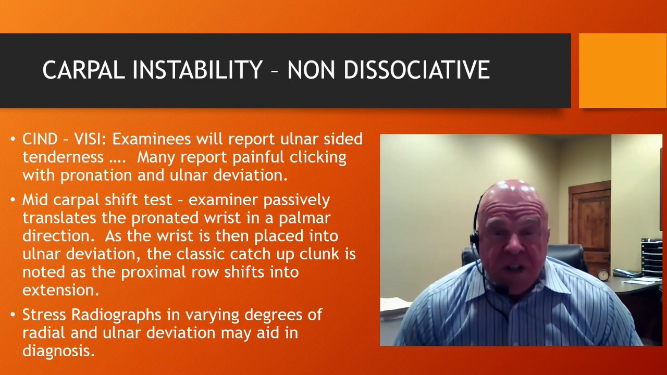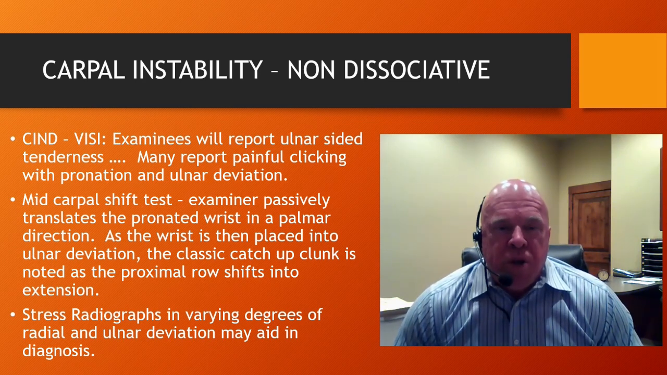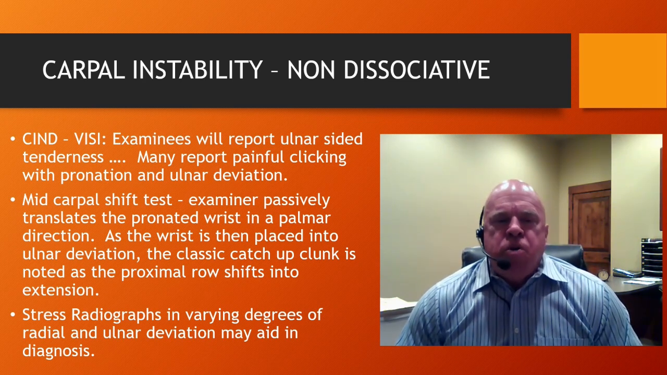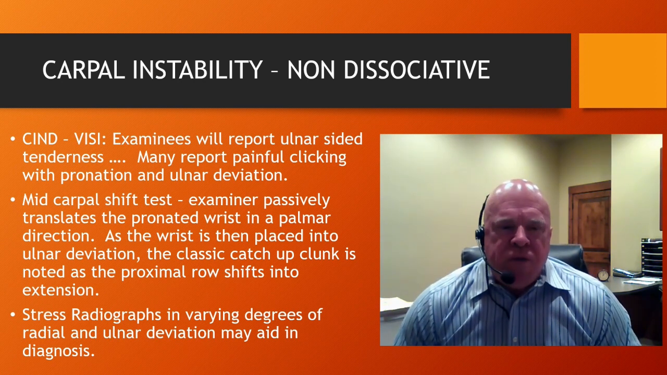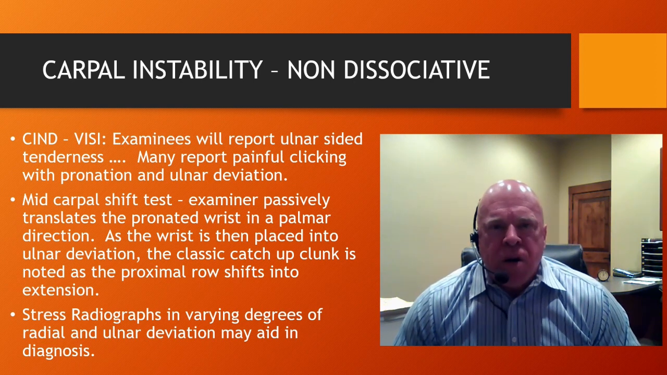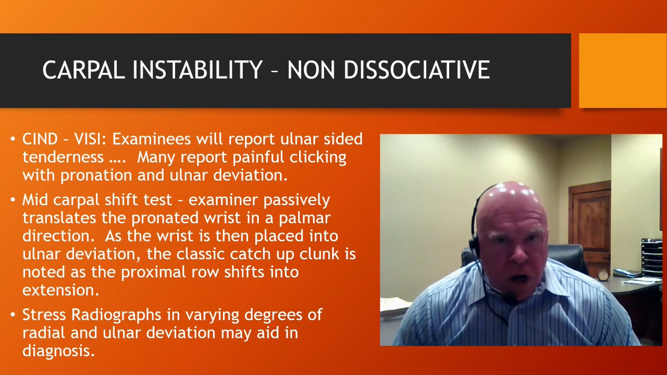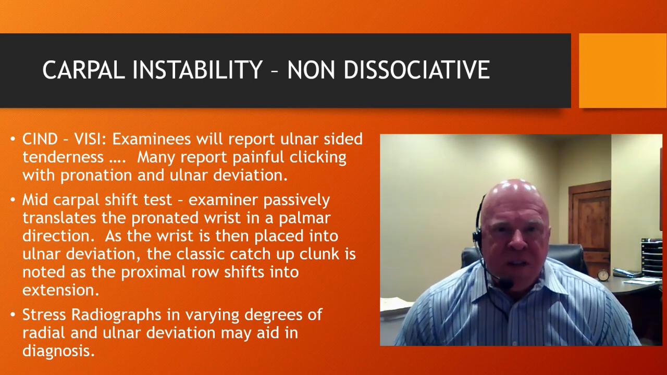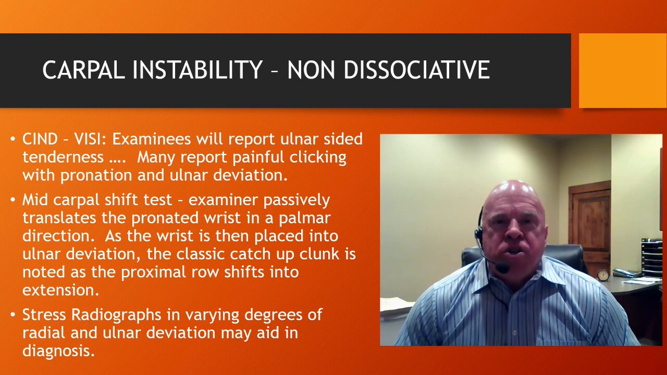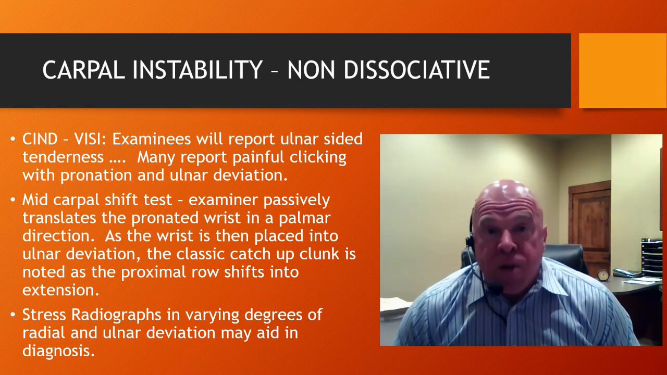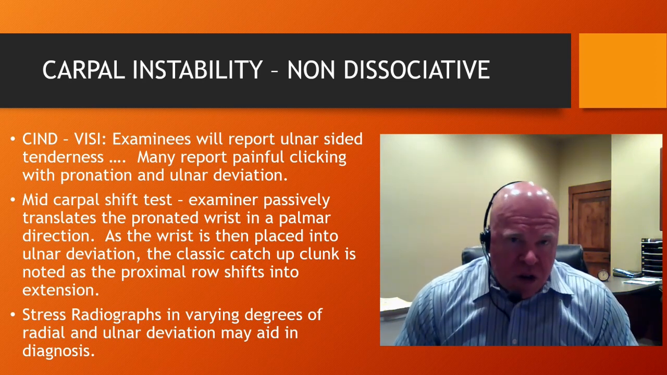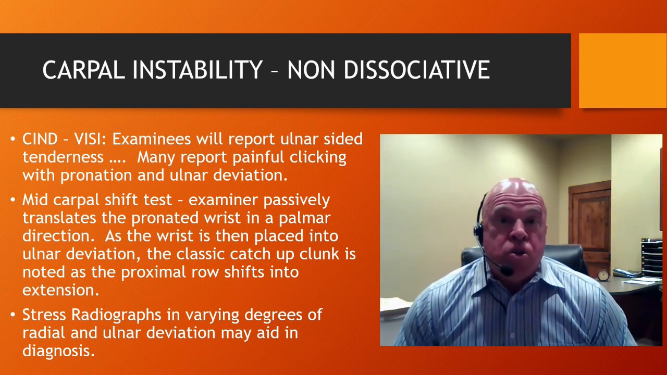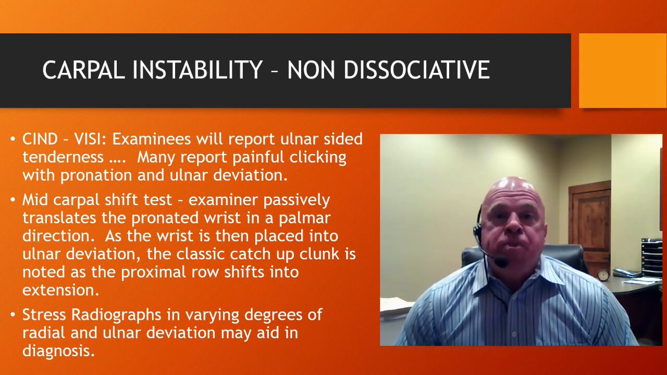Okay, and on physical examination with injury to these midcarpal ligaments, the examinees typically will report ulnar-sided tenderness, and they'll often report a painful clicking with combined movement of forearm pronation and wrist ulnar deviation. Remember, it's the wrist ulnar deviation which causes the change in the movement pattern between the proximal and distal carpal rows. So the provocative maneuver that's going to elicit this dissociation, it's going to elicit this instability, is known as